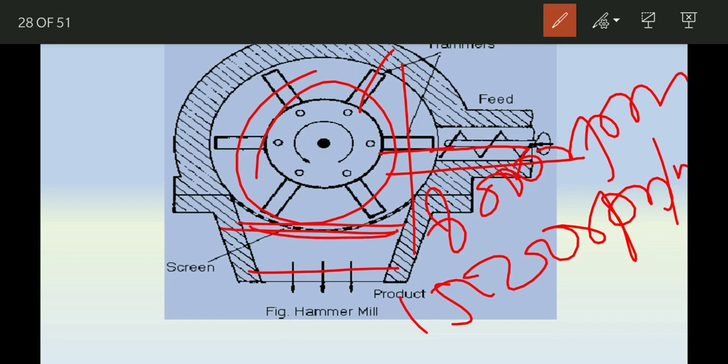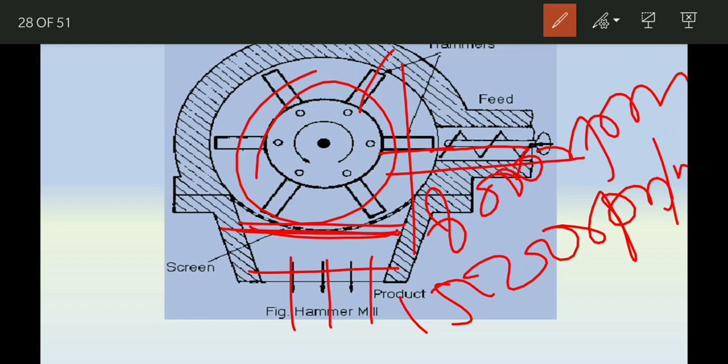This is the screen. Here we will collect the product. So this passes through the screen, and due to the tangential axis, the size of the product is considerably smaller than the aperture of the screen. The screens are interchangeable so that any grade of fineness can be achieved. The hammers act as a centrifugal fan so that a large amount of air is drawn through the mill. In most cases, this is sufficient to counteract the heat generated during milling.